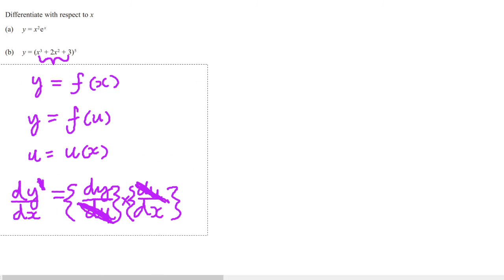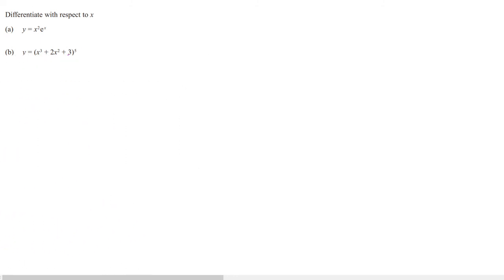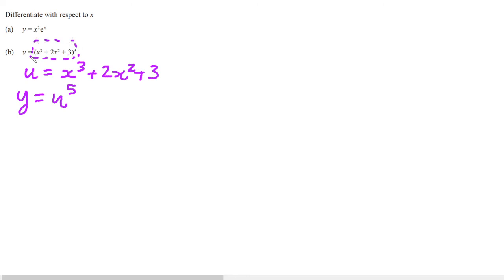So, of course, this has been a lot of abstract information, and I hope to apply this chain rule for you to actually see for yourselves. So what will we do? Well, let's let u be the function inside these brackets. u is equal to x cubed plus 2x squared plus 3. In this case, y is equal to u to the power of 5. So instead of finding dy by dx directly by expanding all of these brackets, which you could potentially do but would be an incredible waste of time, you can instead take y equal to u to the 5,